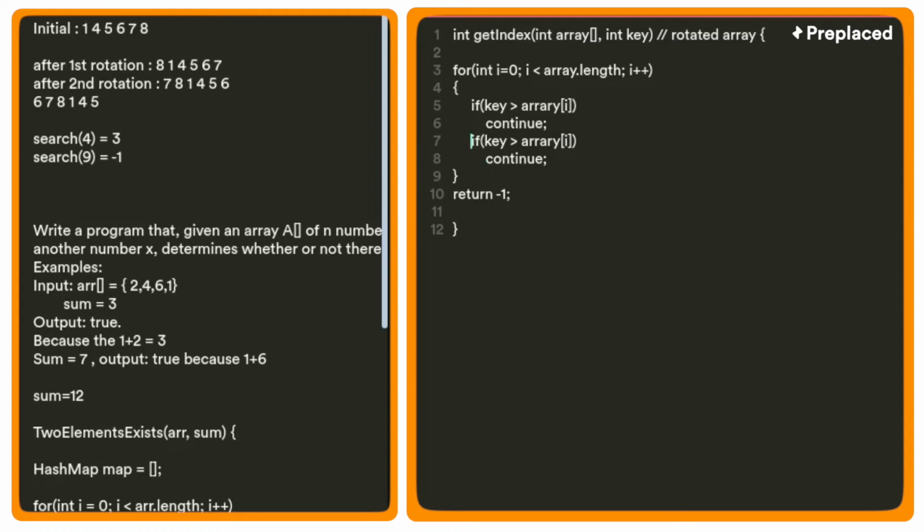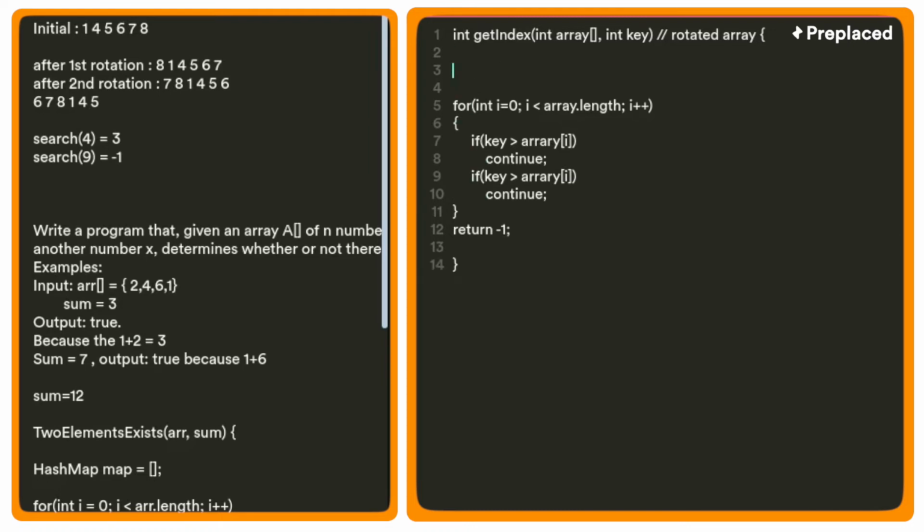So basically, checking the key. Let's say, for example, when it was in the original state, it was like this. Then it became, if it is two times shifted, 4 3. So if the key is, let's say, 4,